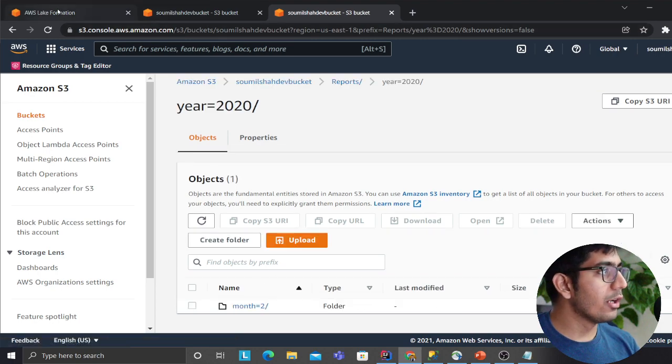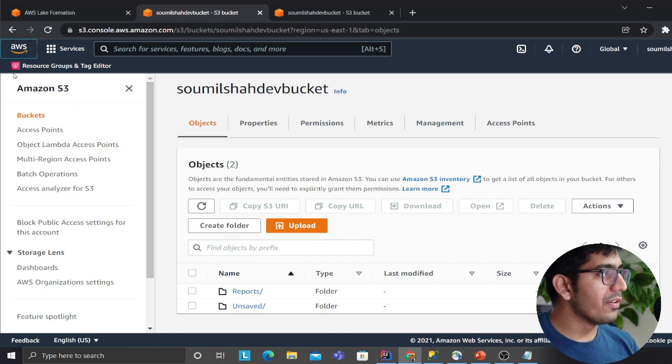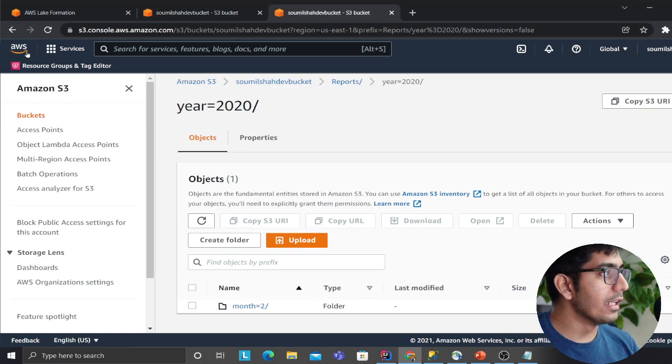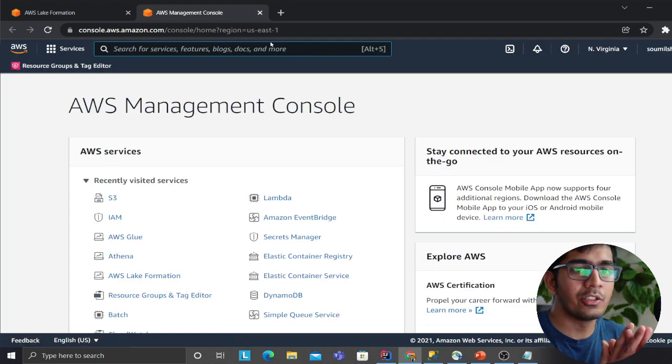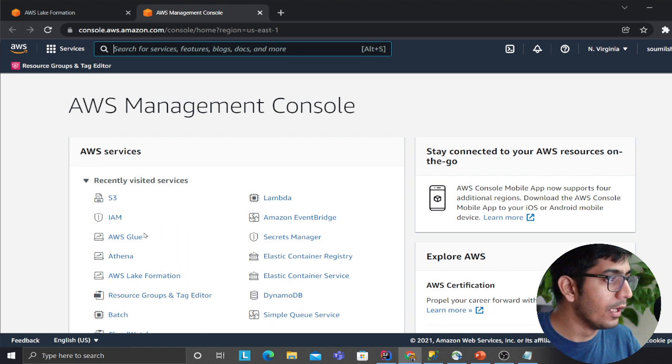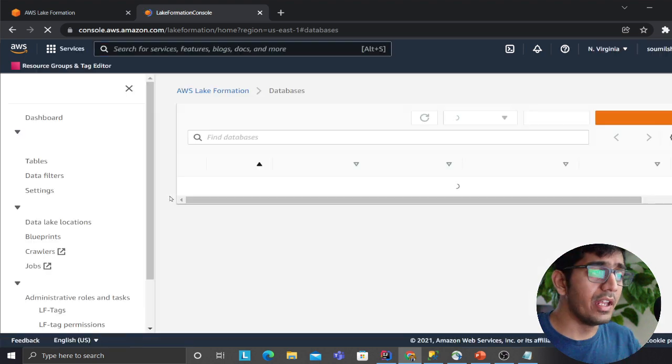So now let's try to understand Lake Formation and how to use this. In order to query this data, let's head over to Lake Formation. And I'm going to go slow here. Once we understand the partition, assuming that the partition is done the right way, then we can head over to something called Lake Formation. And this is a very, very, very beginner tutorial.